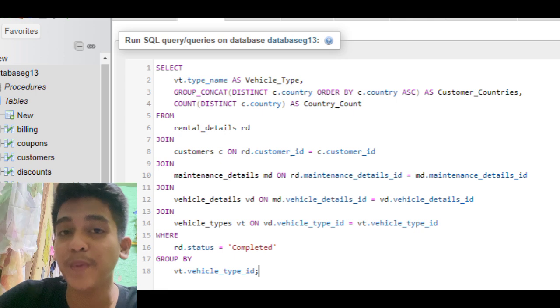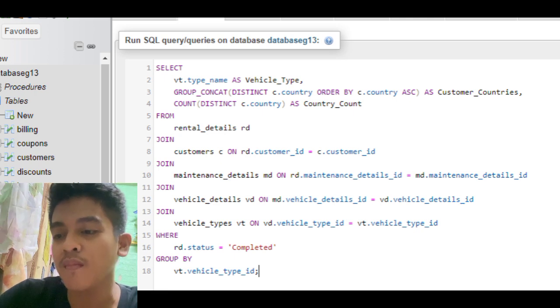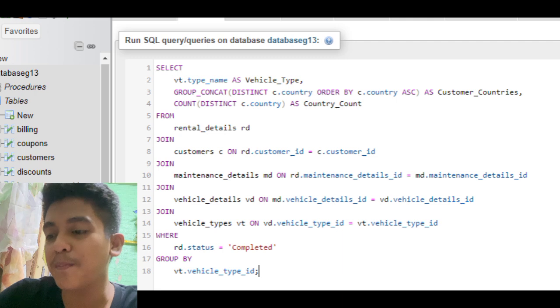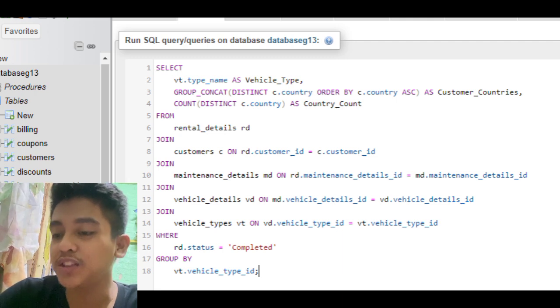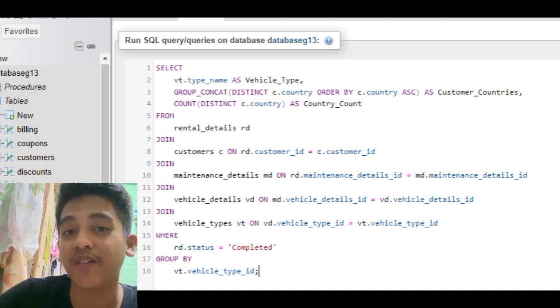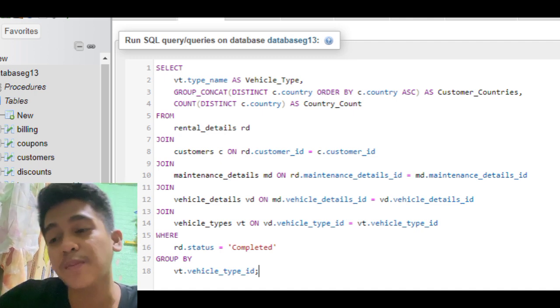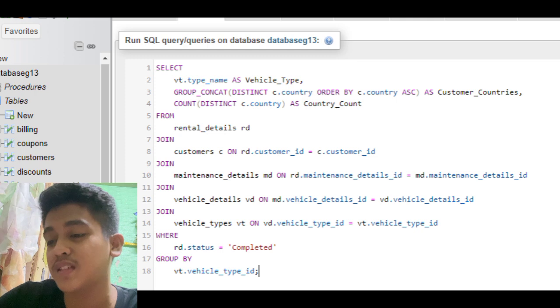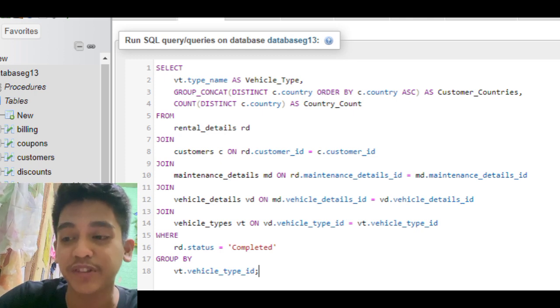Next is the grouping and aggregation, which is GROUP BY VT.vehicle_type_ID, which groups the results by vehicle type to perform the aggregate calculation, for example, counting the distinct countries.